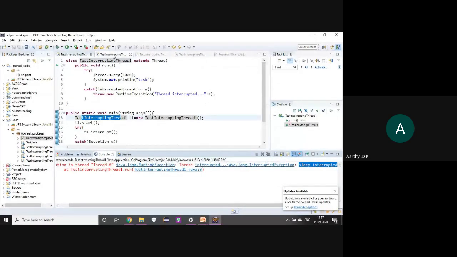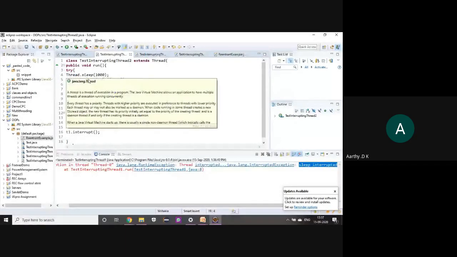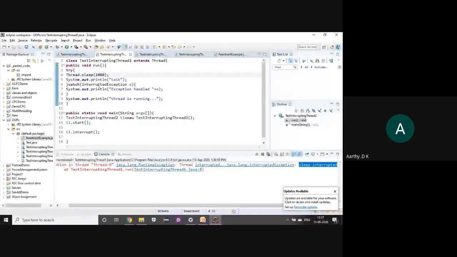And the second one is, you are interrupting the thread, but the thread can continue its execution. So here what we do is the same thing. I just start the thread, and then in the sleep, after the sleep is done, the thread is able to do its work.